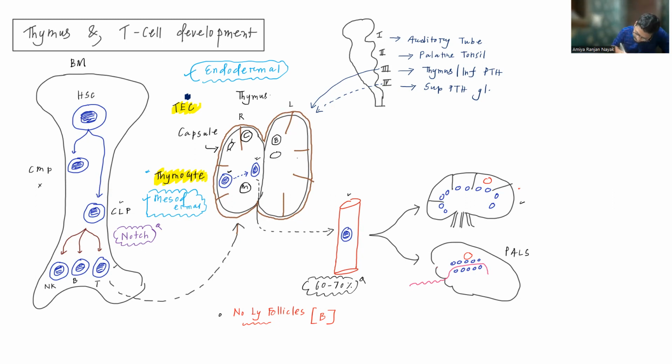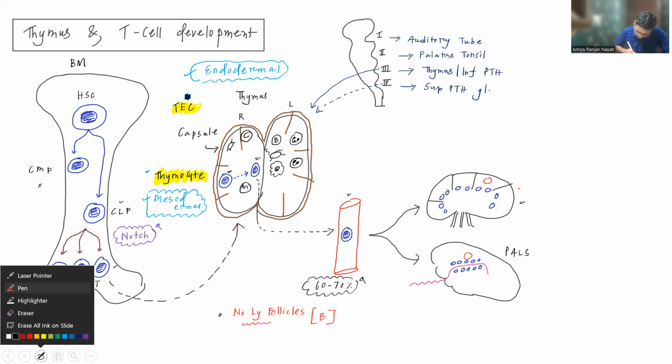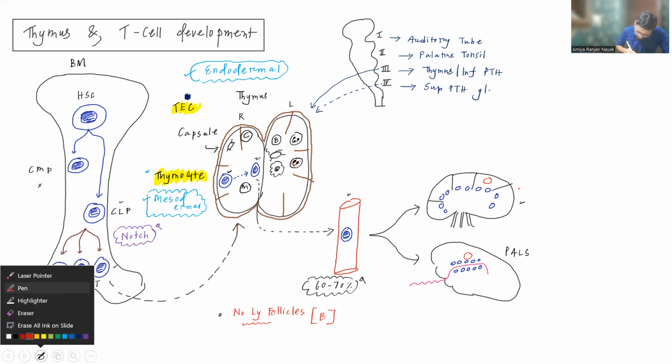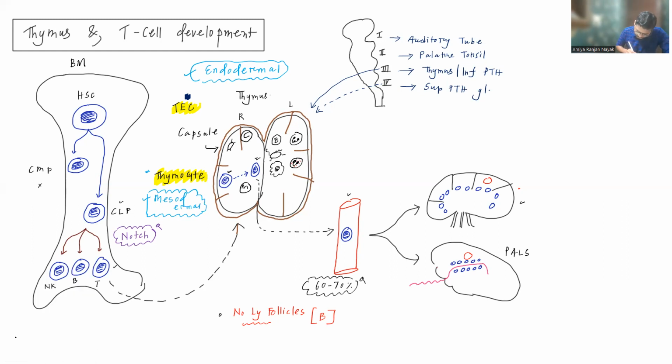You can also find dendritic cells. You can also find macrophages. You can also find some neutrophils and some eosinophils also. So inside the thymus, you can also find the B lymphocytes, some dendritic cells, macrophages, neutrophils, eosinophils,